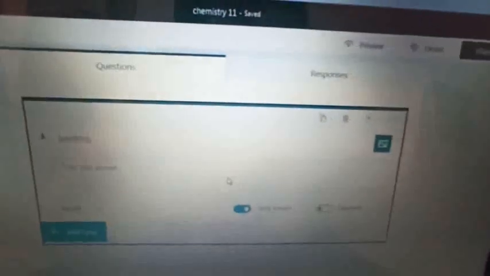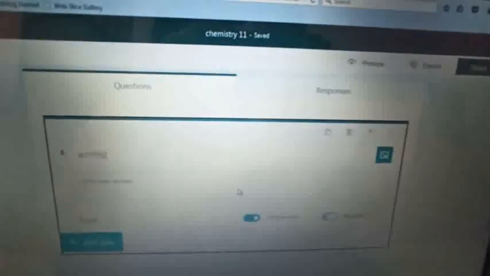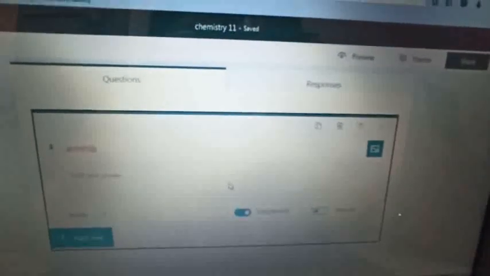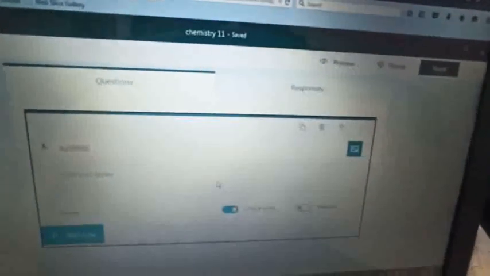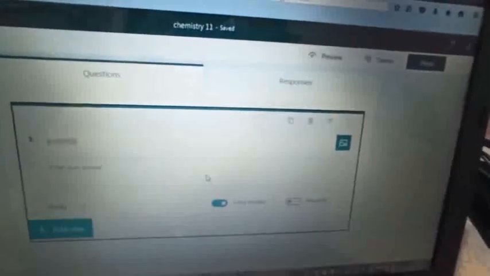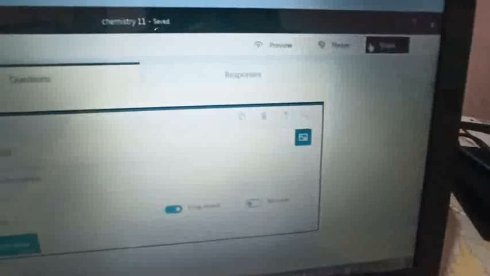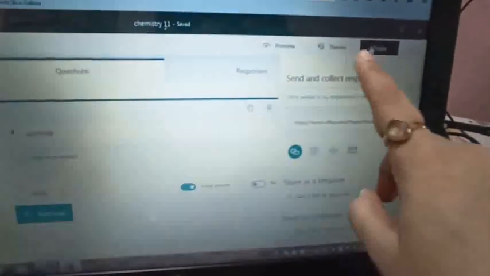Now one more thing. Suppose we talk about the subject science. Science is taught by 3 teachers in one class. Suppose I have typed my chemistry questions and I want to share this paper with the other teacher sitting at home. So what I will do, I will click on the share button, right? On the right hand side top is the share button. You click on this and then you can see there is a link visible.